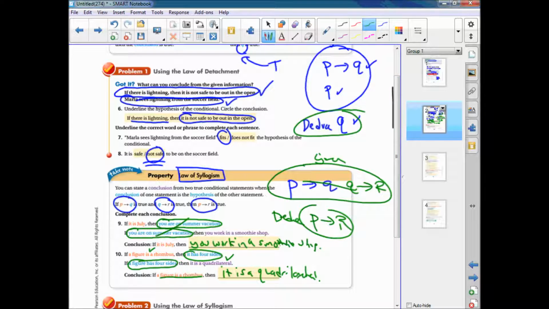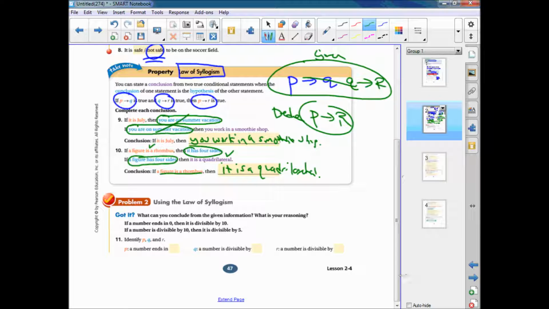Okay. All right. Using the law of syllogism, what can you conclude from the given information, and what is your reasoning? So if a number ends in 0, then it is divisible by 10. And if a number is divisible by 10, then it is divisible by 5. So identify the P, Q, and R. So the P is this part. If a number ends in 0,